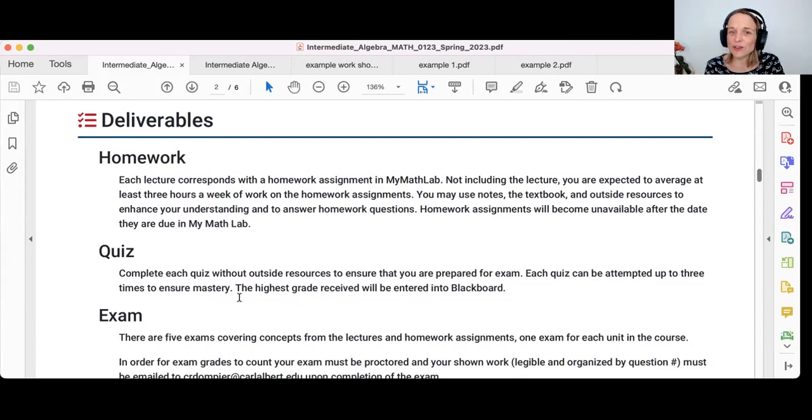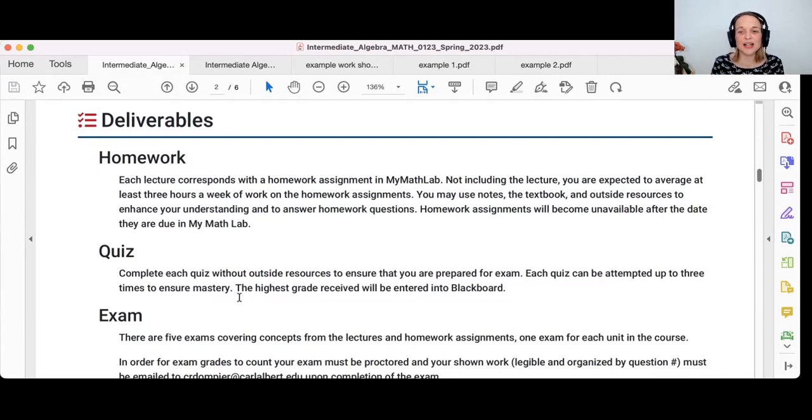If you're very good at math, you can go ahead and test out of this class. So, if you're here because you need to learn the content, take notes. If you don't need to learn the content, there is a way to test out of the class without having to sit through the class.